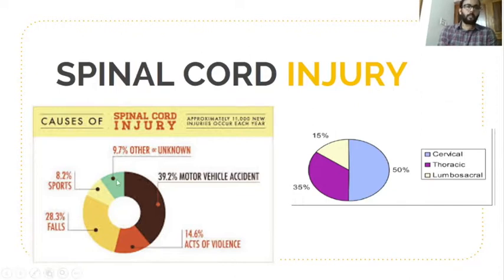spondylosis. Coming to the causes of spinal cord injury, RTA is the most common cause. Falls, sports activities, and acts of violence also cause spinal cord injury. In the last slide, we discussed that prevention of spinal injury is the most important thing, because in most conditions it may affect the life or quality of life of that particular patient, and it may affect the entire family, so prevention of spinal cord injury is of utmost importance,